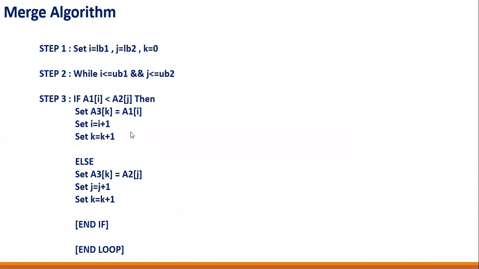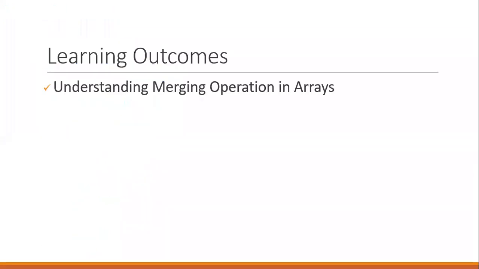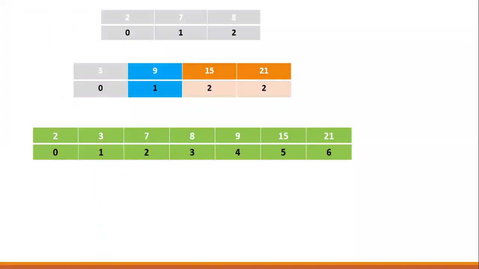Else. Now, there can be another situation. Else means a1 of I is greater than a2 of J, which means the element in array 1 is greater than the element in array 2. In that case, we have to copy the element which is in array 2 because that is smaller. So everything will be the same, but instead the element that will be copied in array 3 will be of array 2. So in that case, in else, we say a3 of K equals to a2 of J, J equals to J plus 1, K equals to K plus 1. So this is the simplest part wherein we can achieve the condition till here. Okay, till here everything will be achieved.